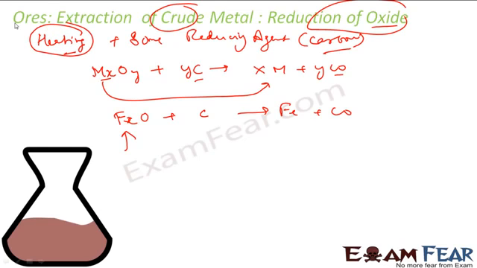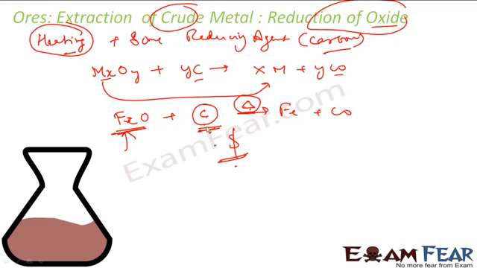But try to understand that these reactions happen on a large scale. So this temperature and this reducing agent both involve cost, both involve money, right? So we want to make this better so that the total cost of the reducing agent and the heat is less. And this is where thermodynamics comes into the picture and helps us to identify, for a given metal oxide, which is the best reducing agent you can use and what is the optimum temperature you can use so that the total cost involved is less.